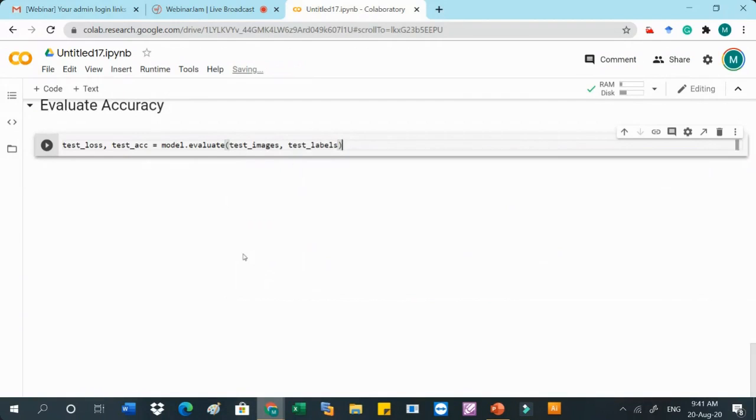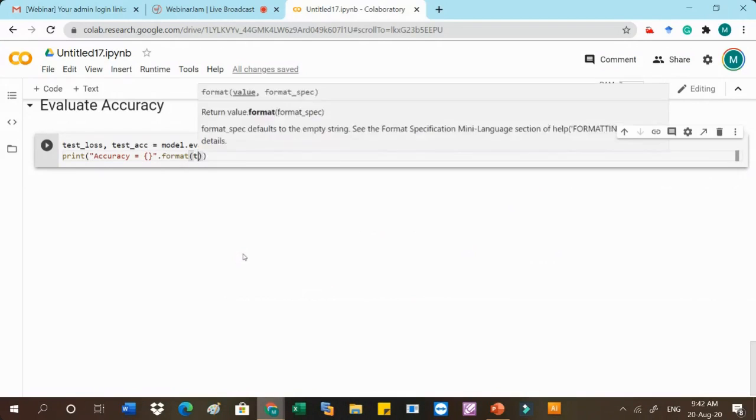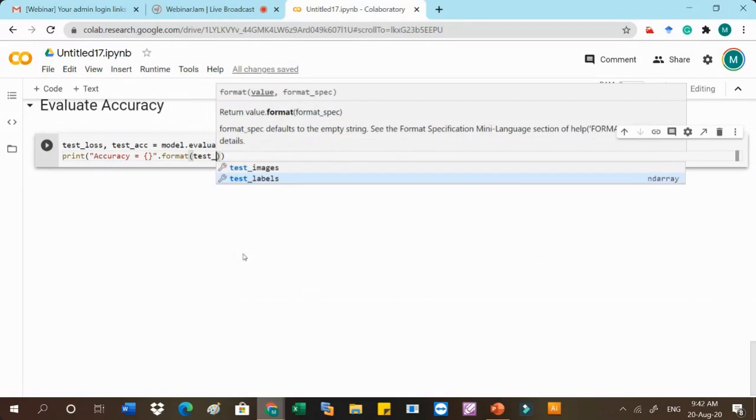This only we have to do. Then we can print the accuracy. If you want to print, we can write accuracy is equal to, then we can use this .format, and then we can write test_accuracy.